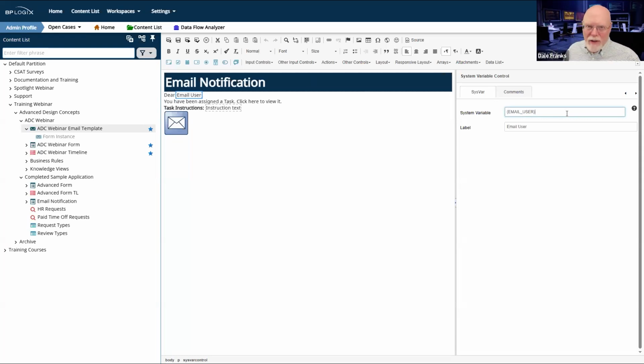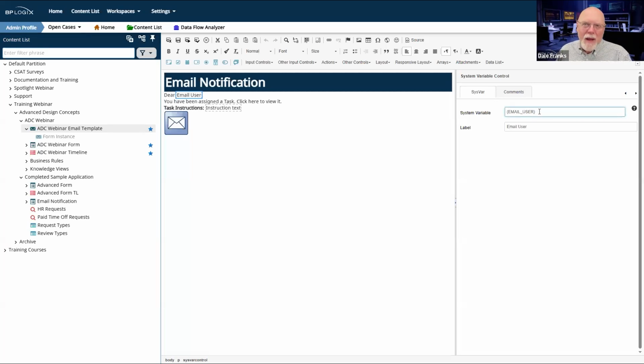This is not, strictly speaking, necessary in terms of personalizing an email, but we recommend it because it does make your email sound a little bit nicer. It is good to personalize the email, but just be sure that you do use the email user system variable and not current user. If you use current user here, we try in the background to figure out what current user means in that context.